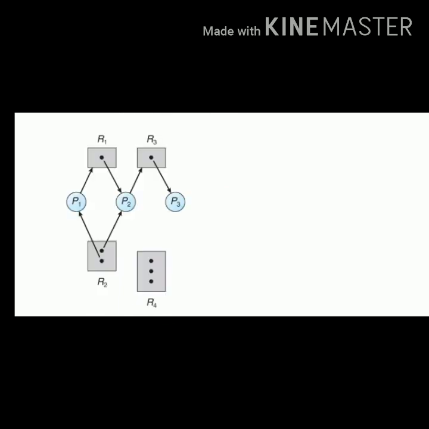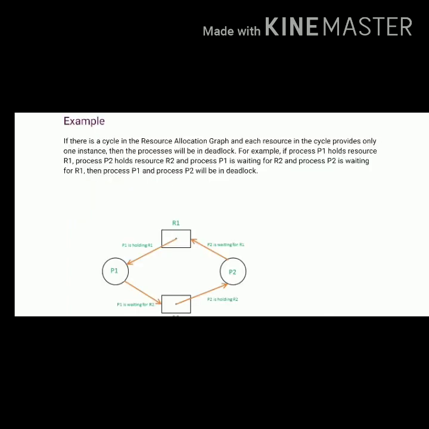So why is it necessary to study the resource allocation graph? It is used to tell us whether there is a deadlock in the system. If there is a circular loop or cycle in the graph, then there will be a deadlock. For example, here P1 is requesting some resources and holding some other resources, but in this case they are not creating a loop. If we consider this example, here the processes are holding some resources and waiting for resources which are held by some other processes. So in this case a closed loop is formed, so that deadlock is detected by using the resource allocation graph.